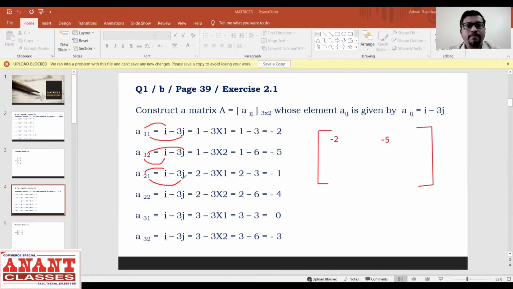तो i का वैल्यू हो गया आपका 2, j का वैल्यू हो गया 1। सो 2 - 3 multiplied by 1, दिस 2 - 3, आंसर आ गया -1। वैसे सेकंड रो सेकंड कॉलम, तो i का वैल्यू हो गया 2, j का वैल्यू भी हो गया 2। सो 2 - 3 multiplied by 2, सो 2 - 6 दैट इज -4। आपकी ये सेकंड रो के वैल्यू आ गया। सेकंड रो का वैल्यू क्या होगा, -1 एंड -4। वैसे अभी थर्ड रो, तो यहाँ पर होगा थर्ड रो फर्स्ट कॉलम। सो i का वैल्यू होगा